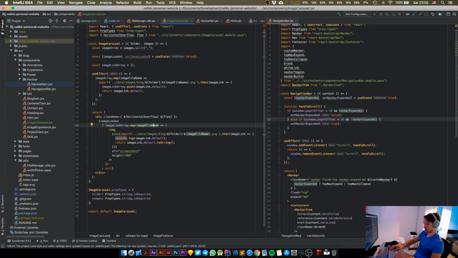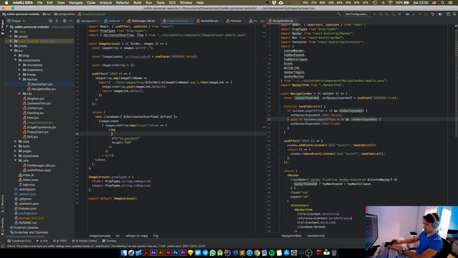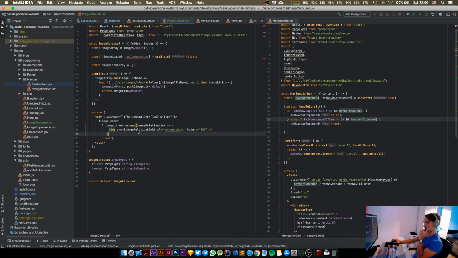Image file, we're going to get rid of this now and have source in here, and we're going to put image file name, and this is not image file name anymore, it's image relative link. Clean this up,